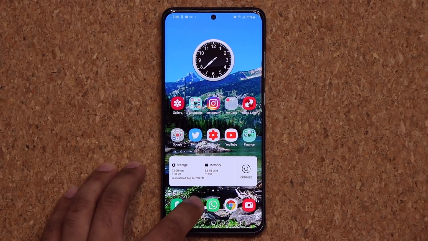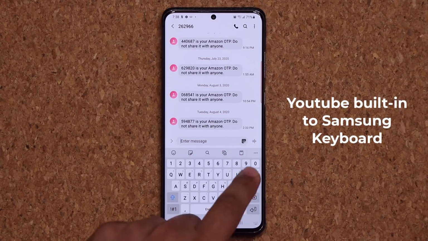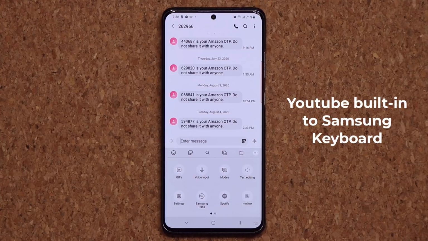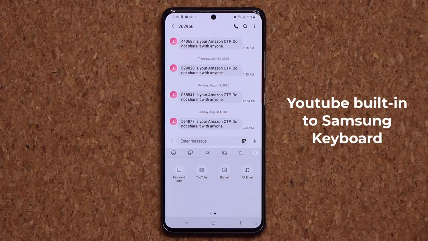So let me launch my messages right over here. Okay, I'm gonna bring up my keyboard, and what's gonna happen is I'm gonna tap on the buttons right over here, and that's gonna expand all the available options. Now most of these are existing features, except we now have a brand new YouTube search functionality built into